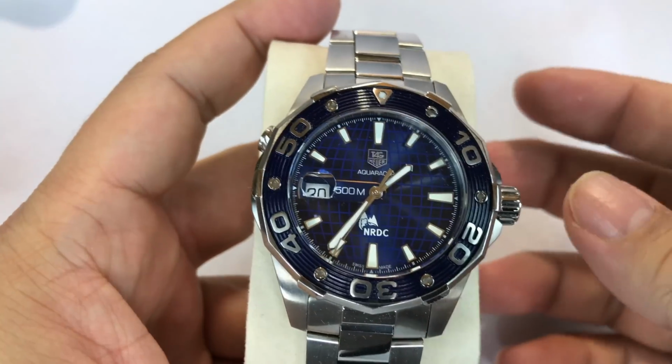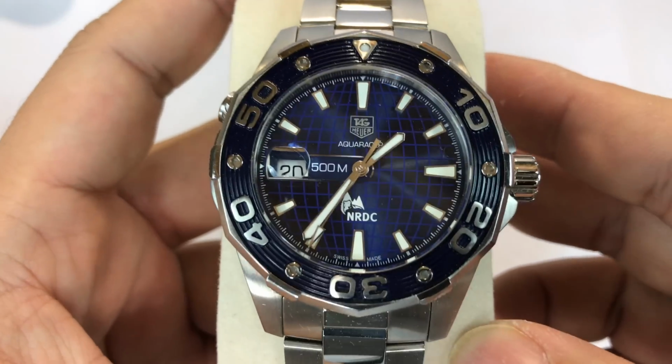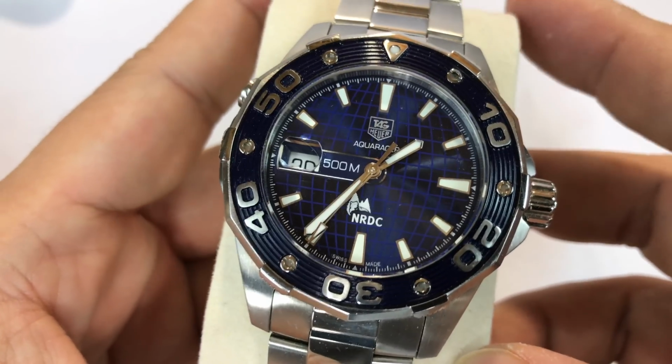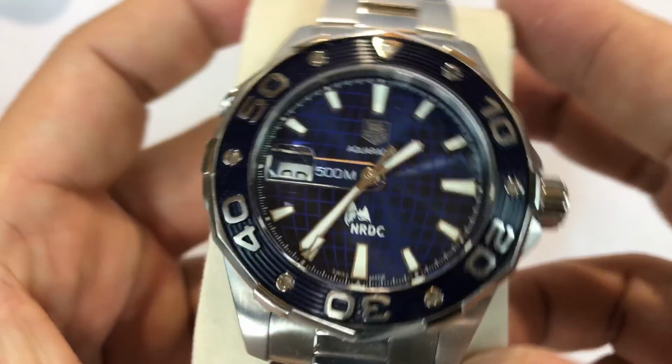All right, another watch that I actually really like. I liked Leonardo DiCaprio. He seems like a cool dude. He's obviously very involved in environmental protection. As an outdoorsman, I certainly fall into the category of a conservationist. I think protecting the outdoors is important